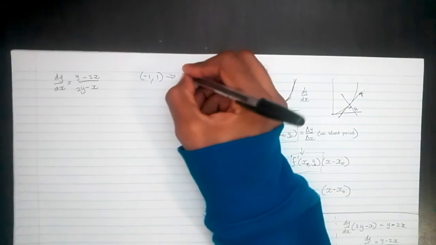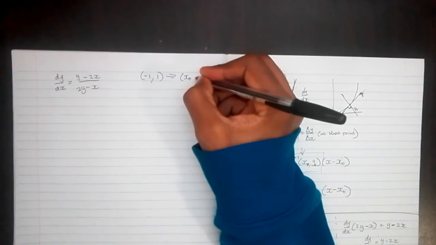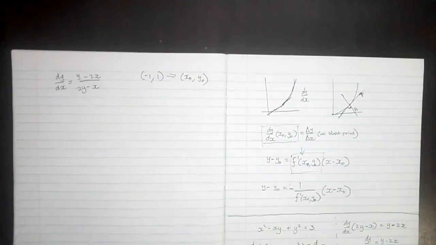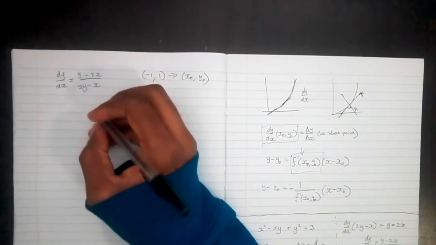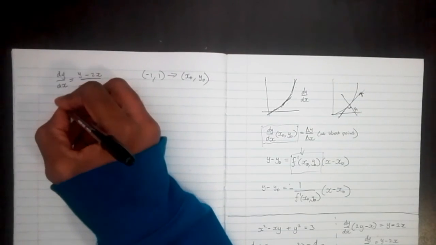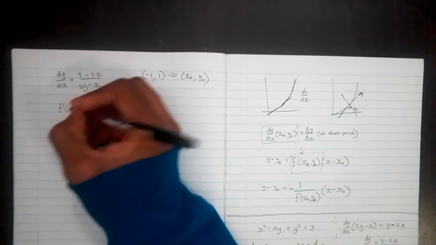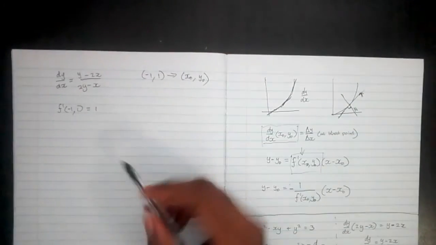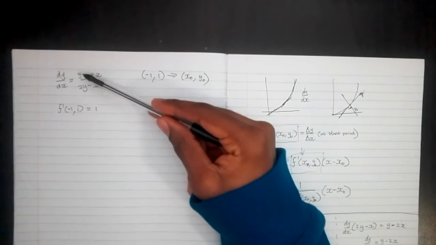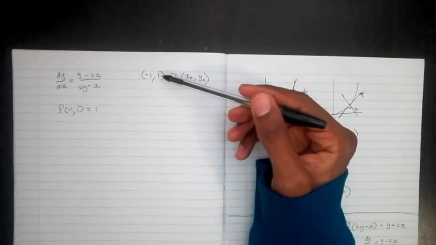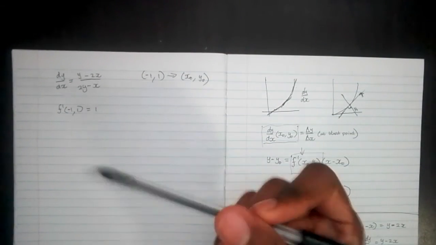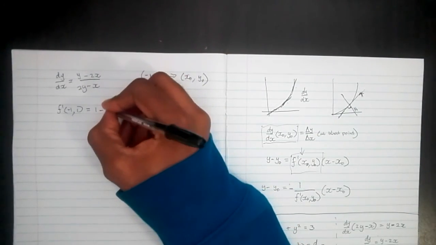So our x0 is minus 1 and our y0 is 1. So that means f prime (-1, 1) is equal to, I'm just substituting these values into this equation, so y is 1 and x is minus 1, so 1 minus 2 times minus 1